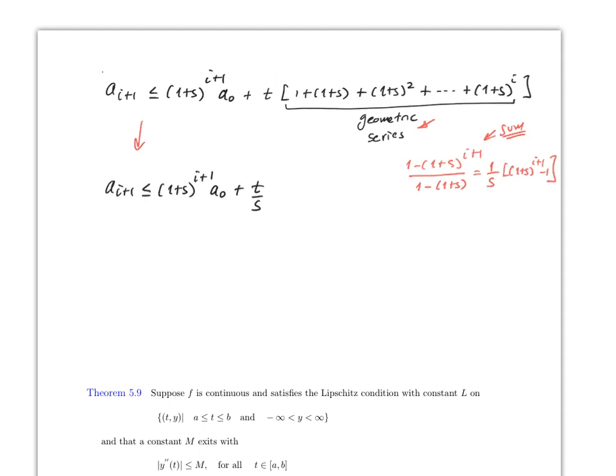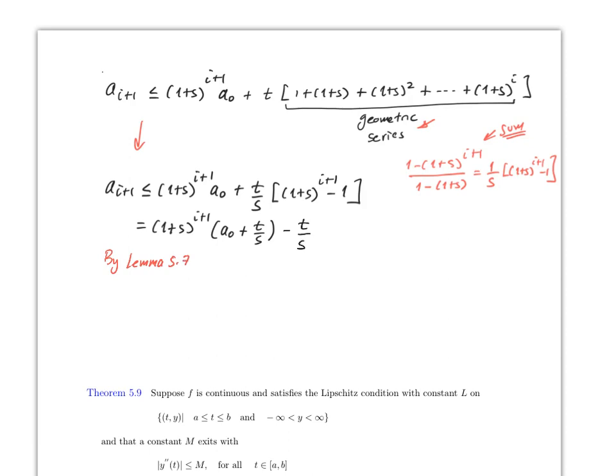You combine this with this one, and then this is equal to (1 + s)^{i+1} times (a_0 + t/s) minus t over s. And finally, by lemma